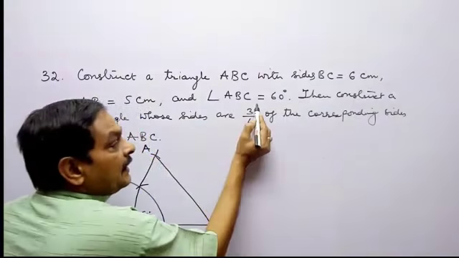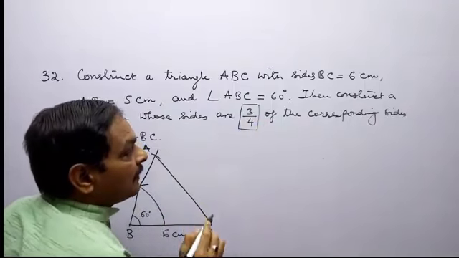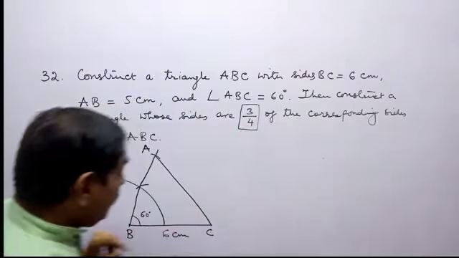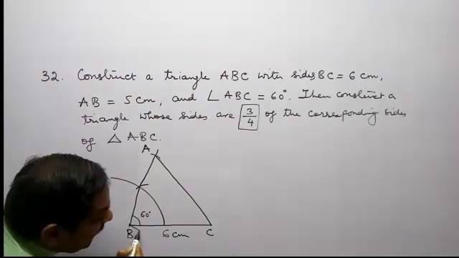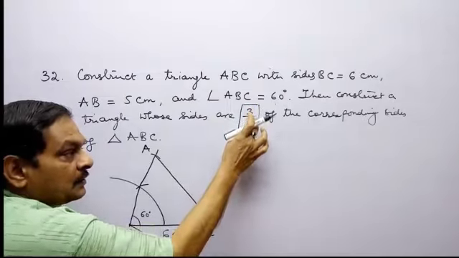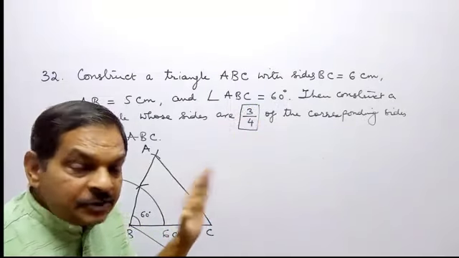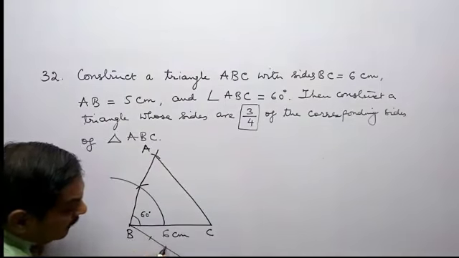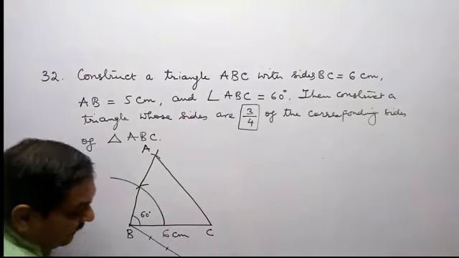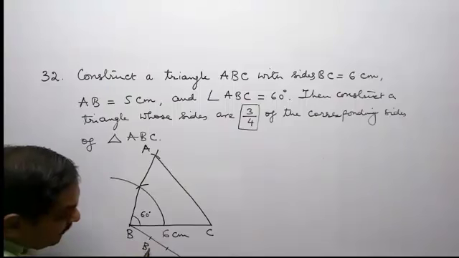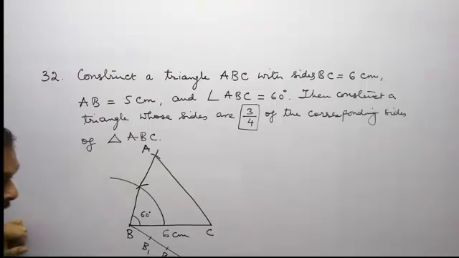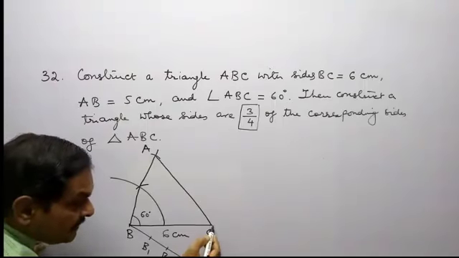For that we take this 3/4 ratio which we have been given. Now out of 3 and 4, we find that 4 is more. So we make an acute angle like this, and since 4 is more, we make 4 cuts of any length on this line, and let these points be B1, B2, B3 and B4. Then we will join B4 with C